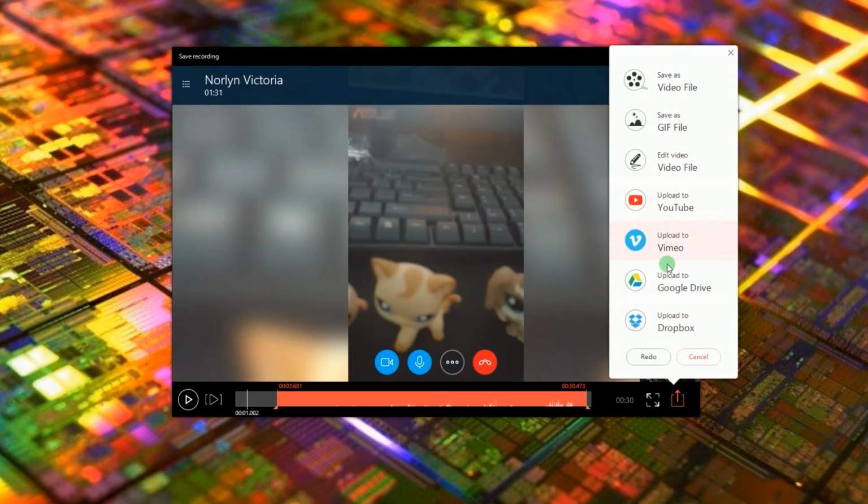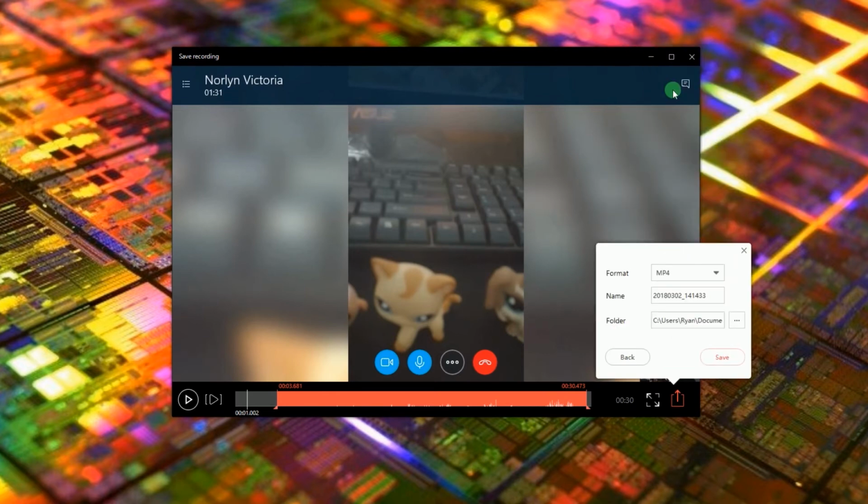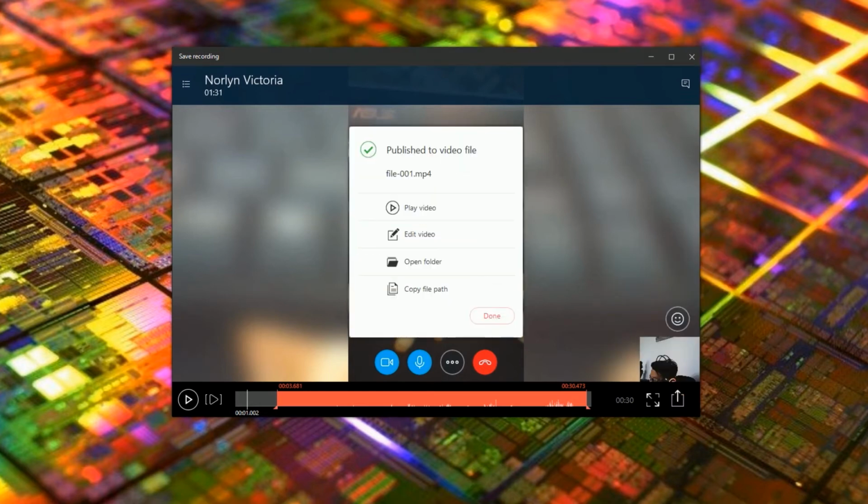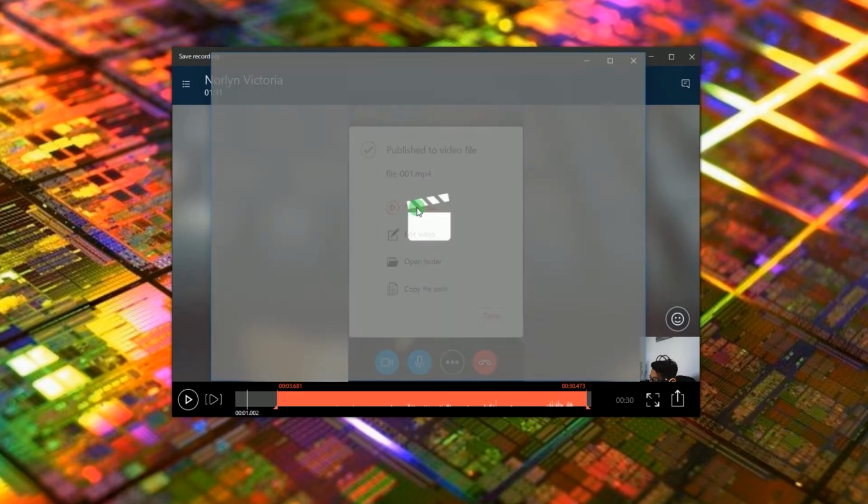After that, another window will appear. Now choose Save as Video File. Key in the info required and then click Save once again. When the file is processed, a pop-up window will appear giving you options whether to play the video,